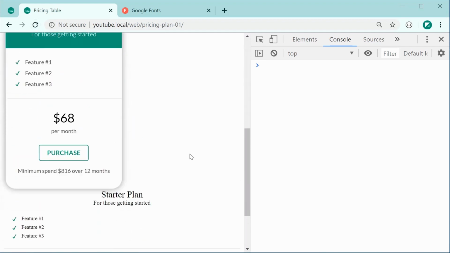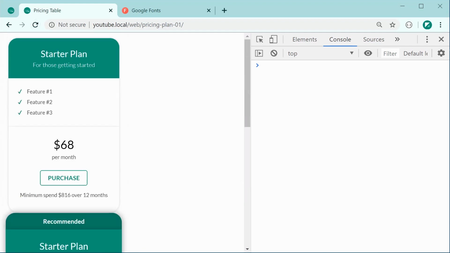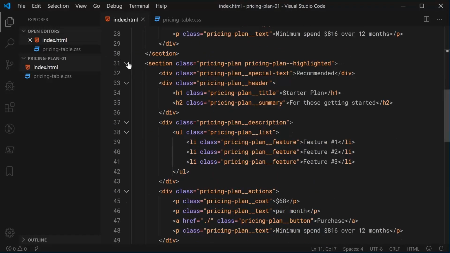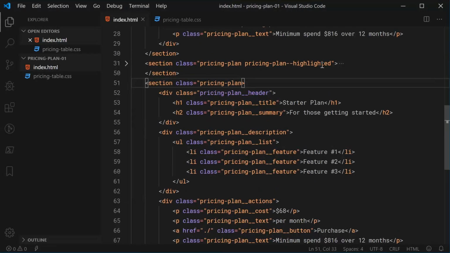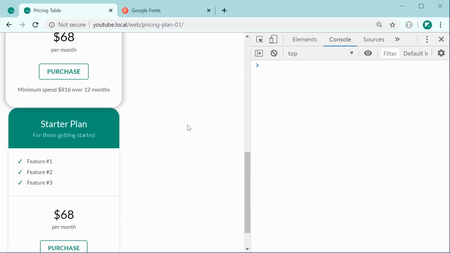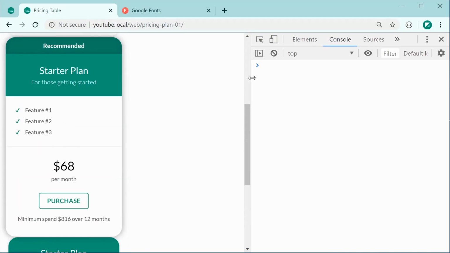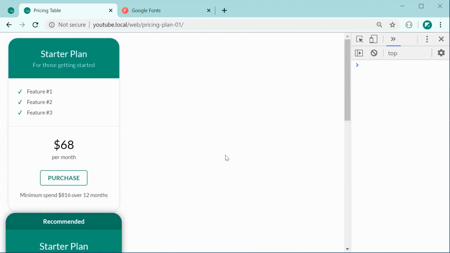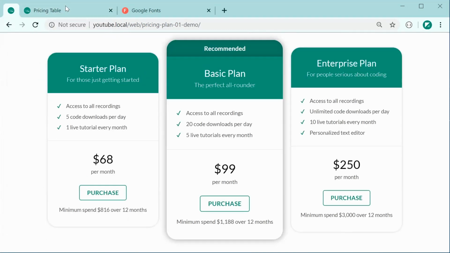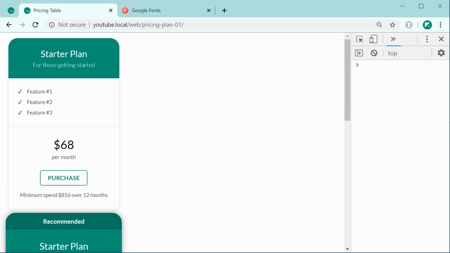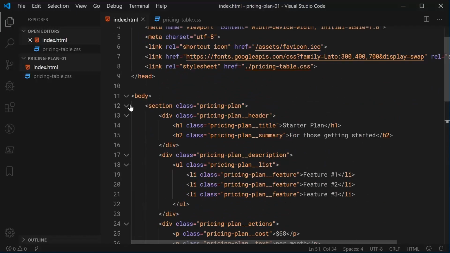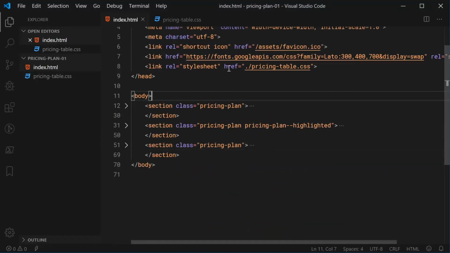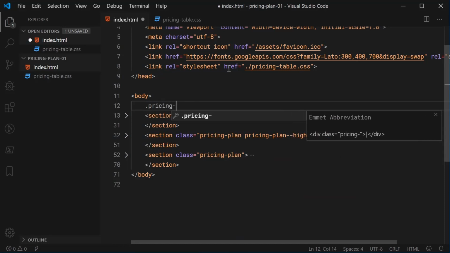Okay, that didn't work. Let's find out why. So we've got section, of course, put that back. Try again, save and refresh, and we can see we get something like this. So now we can, of course, just use a flexbox here to lay out these plans. So let's make a new wrapper around each one of these sections. We're going to call this wrapper pricing-plan-container,